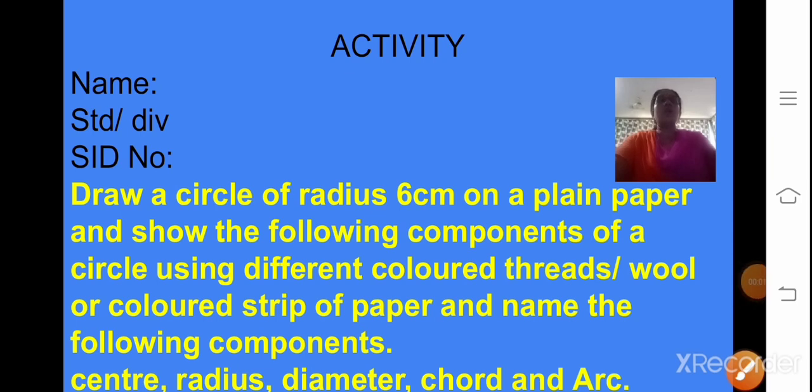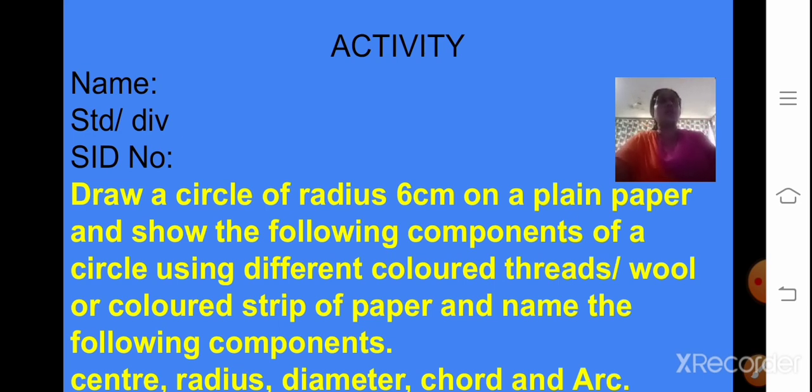Okay, now students, we have already studied how to draw a circle using a compass with the given radius. Now for your activity, you have to draw a circle of radius 6 centimeter. I showed you how to draw a circle with a radius of 4 centimeter.